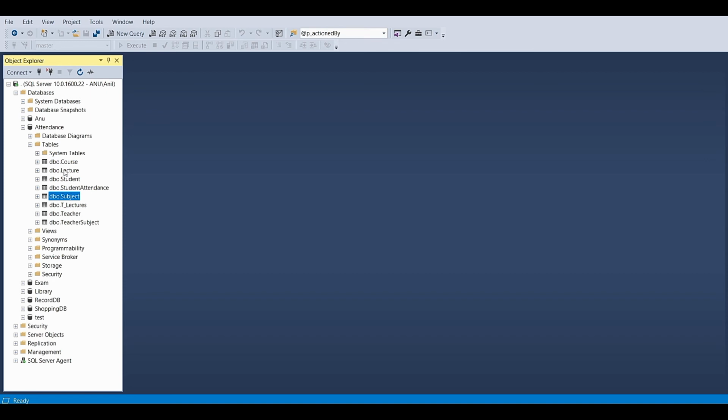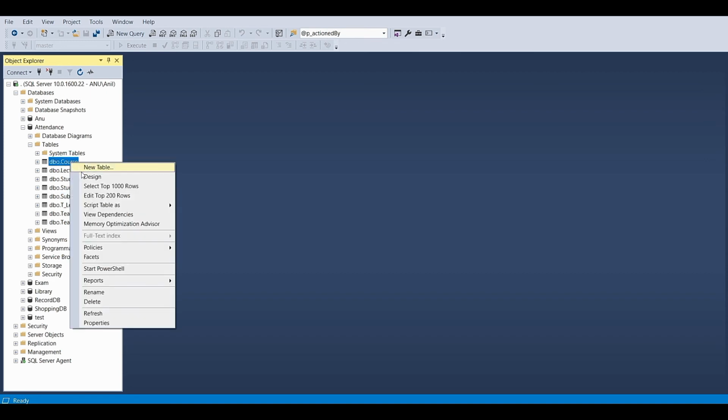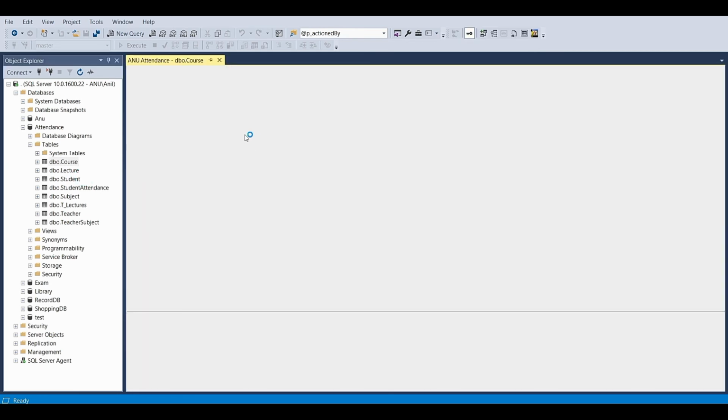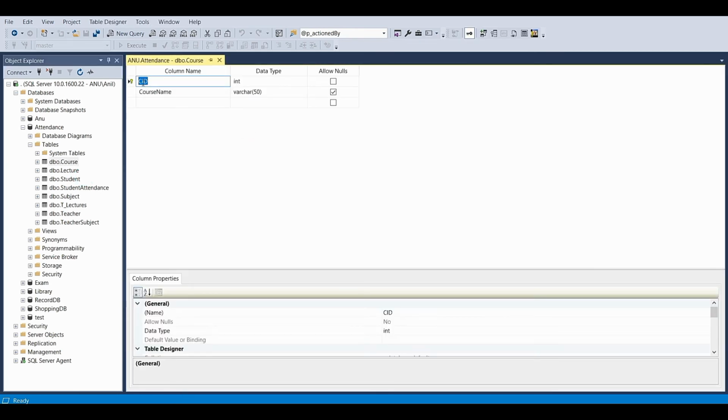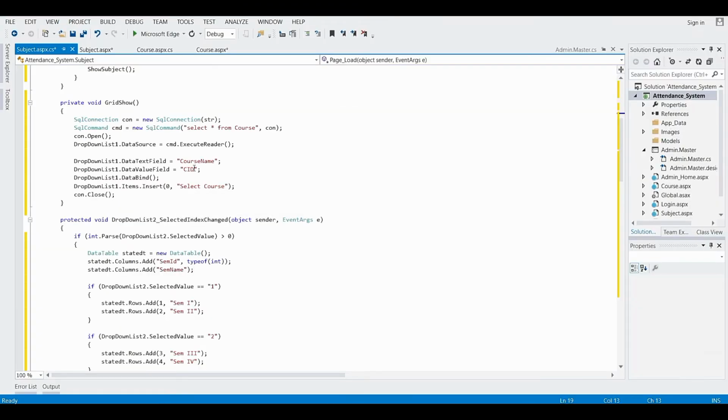Course. You can see the course CID and the course name columns are there in the course table. So here for DropDownList1, DataTextField equals to course name, and DataValueField equals to course ID.